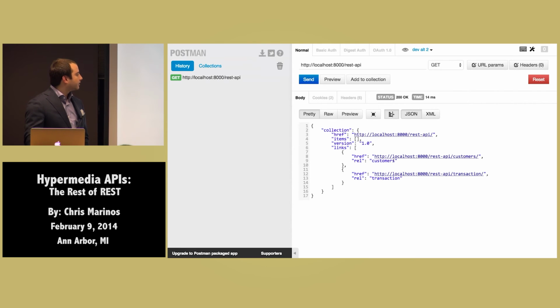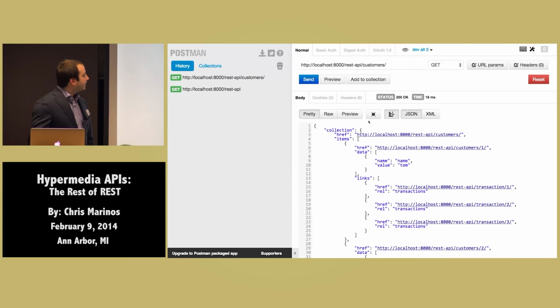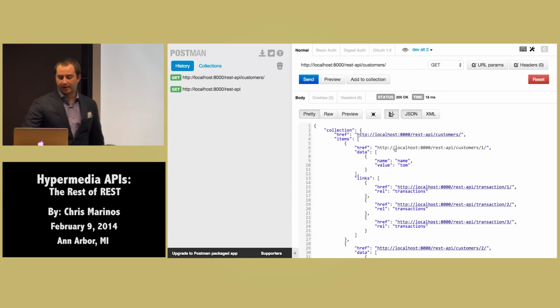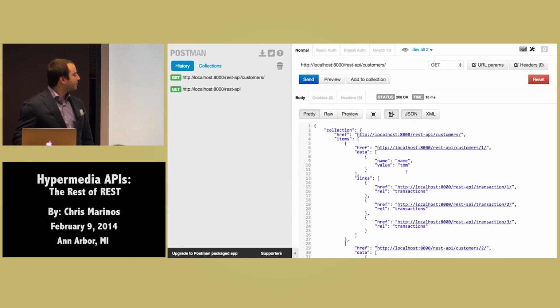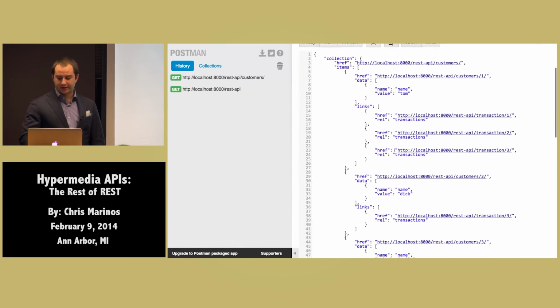So a generic client consuming this would say, okay, I want to investigate this customers thing. So I'm going to take the rel, and I'm going to follow the URL that's associated with that. So I'm going to go to customers. And now I have a set of customers returned. You'll see here that the href corresponds to this resource, and the items array is now properly filled out. So this is the first customer, Tom. And as I scroll down here, you can see